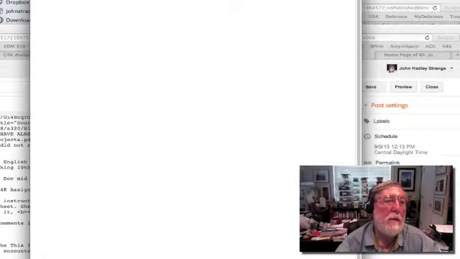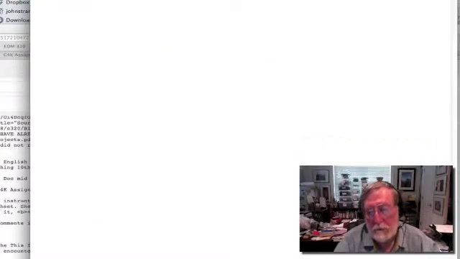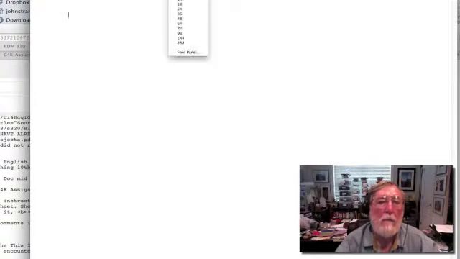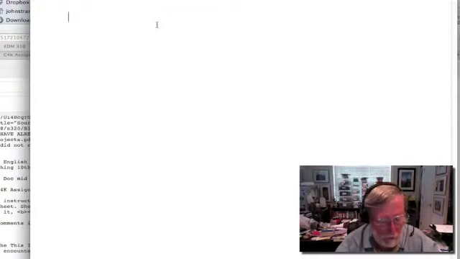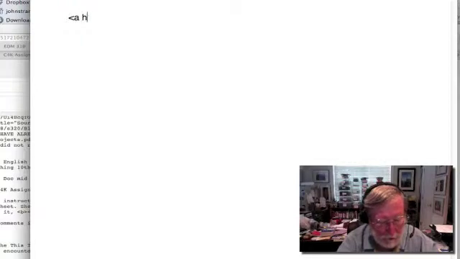So I'm going to come up here and make this into page setup, a landscape, so we'll have a little bit more space on our page. And now I'm going to blow this up a bit so it's easier for you to read. I'm going to write that code that you have to learn how to write. It's a bracket, which is above the comma, a meaning that it's an a tag that we're starting, an anchor tag, a space. You must have the space. href equal, which means hypertext reference, where you're going to send somebody, in quotation marks, the URL, in my case that I just used,